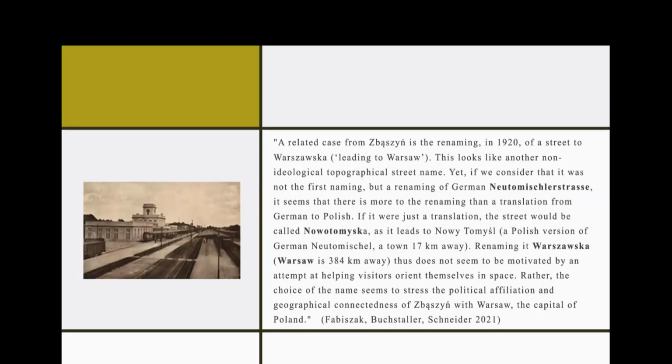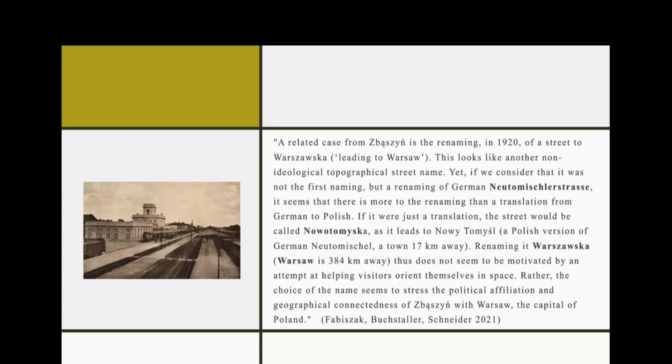In the west of Poland, there is a small town of Zbąszyn. When in 1918 Poland regained independence after well over a century of partitions, the town's street names had to be Polonized. As regards one of its topohodonyms, Neutomyślstrasse, which